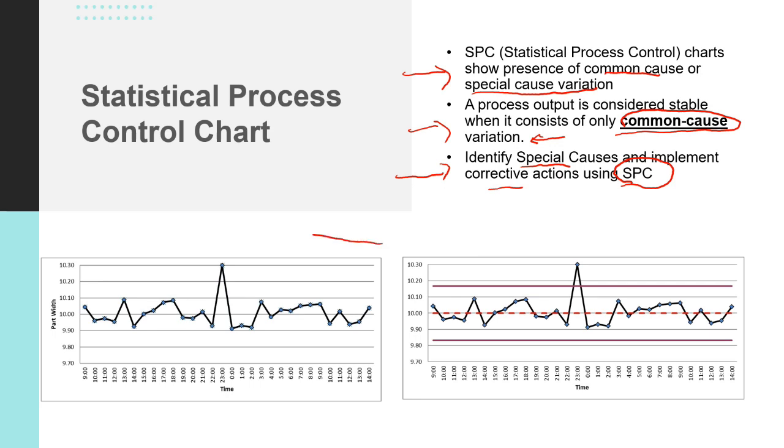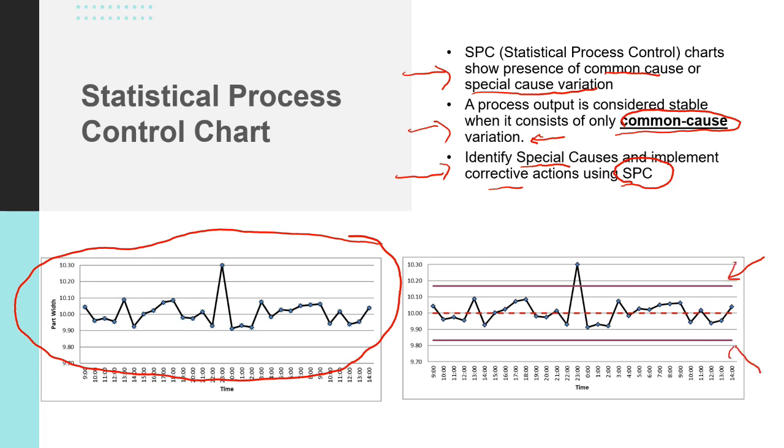Here we can see that this is a run chart of our measurement data, and we know that there are control limits being put in here, upper and lower control limit, and here is the center line. So from here, you can definitely spot some anomaly in this chart. Anything that is out of control is considered to be under special cause influences, and also there are certain trends or patterns to indicate the special cause influences in the